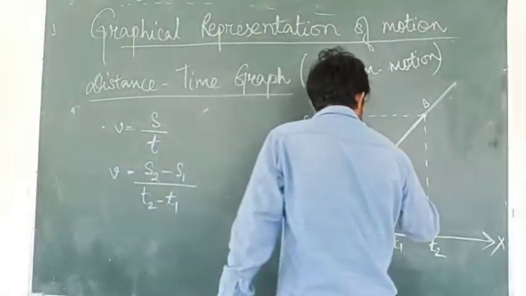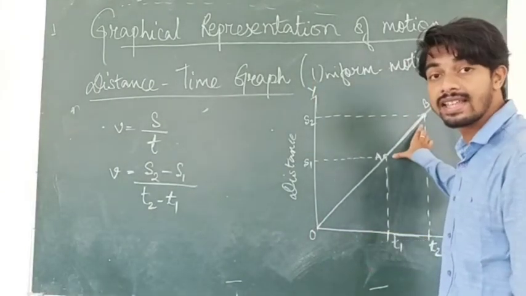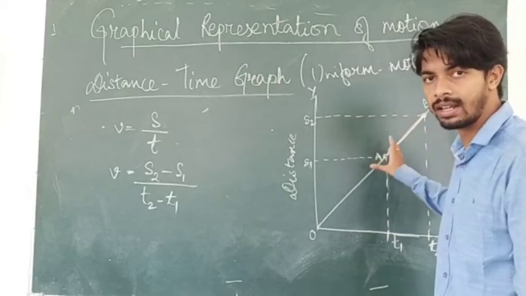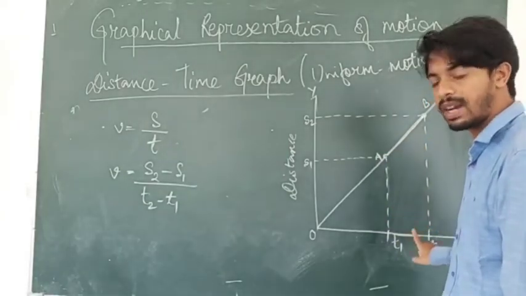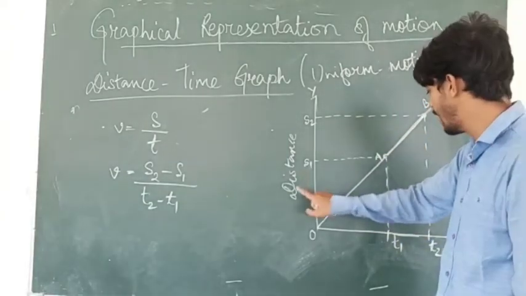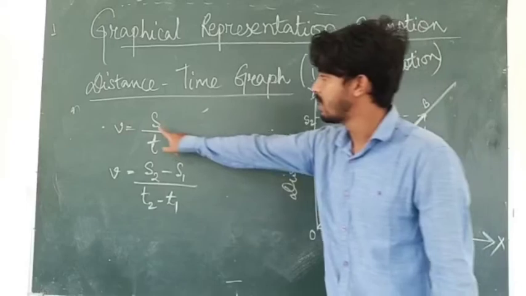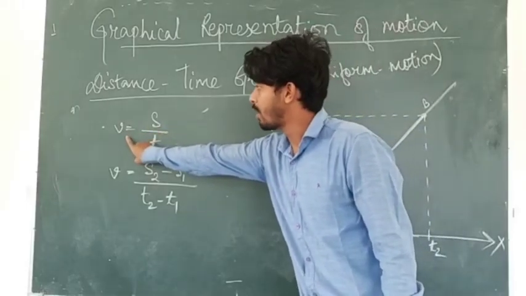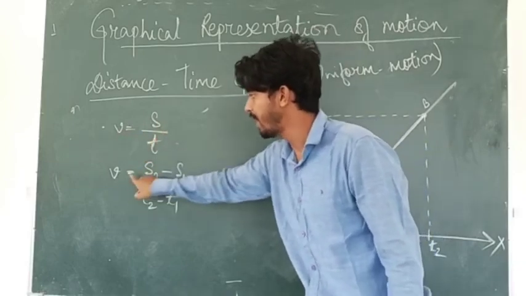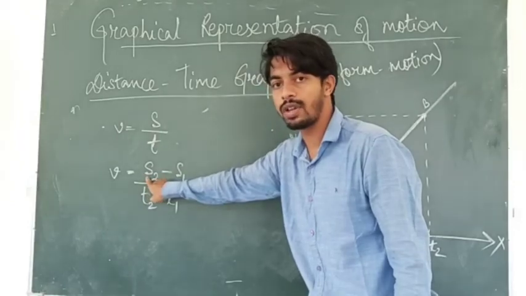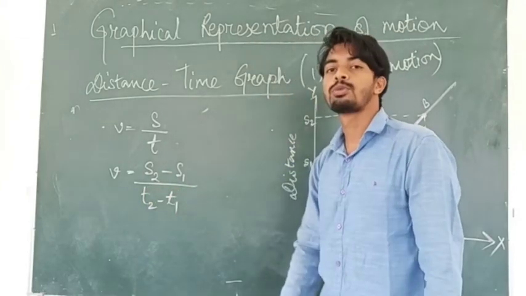I'm just revising it again. To know about the fixed distance between any 2 points in a straight line or in a uniform motion, we take the coordinates of the points on the respective x-axis and y-axis. Then we subtract the lower value of the coordinate from the higher value. As we use the formula for velocity, velocity equals displacement by time, or speed equals distance by time, speed equals higher value of the distance coordinate minus the smaller value, divided by the higher value of the time coordinate minus the smaller value.